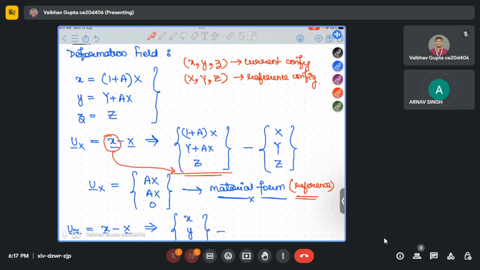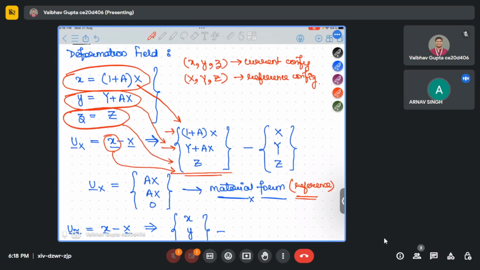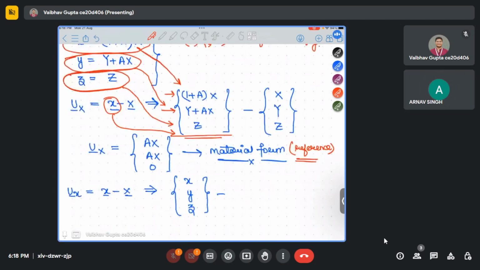So the first element is this, the second is this, and the third is this. Got it now? So in material form, ux is this. Now in spatial form,